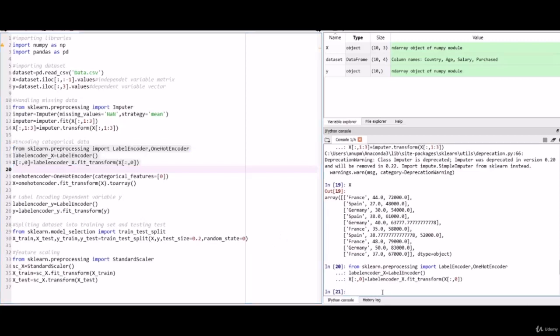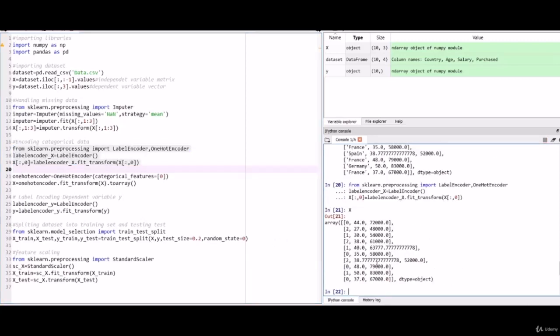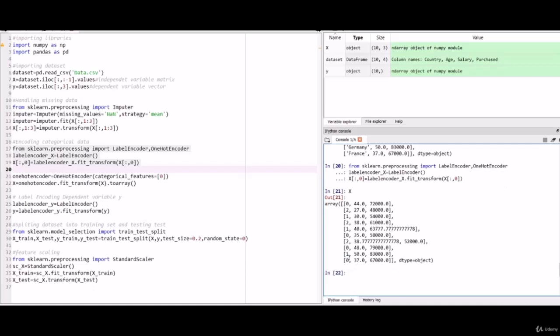Now let me print the X again. As you can see, now the values Germany, Spain and France have converted to 0, 1, 2. Now in machine learning, one problem with label encoding is that it will assign numerical values to the strings associated to them, and as you can see, 2 is greater than 1 and 1 is greater than 0, so the model will consider that 2 has higher priority than 1 and 1 has higher priority than 0, and it will make a relationship between Germany, France and Spain,